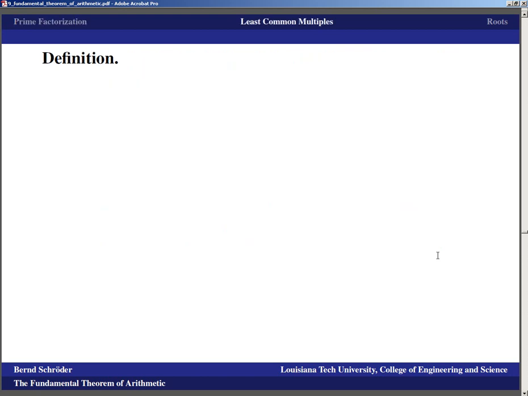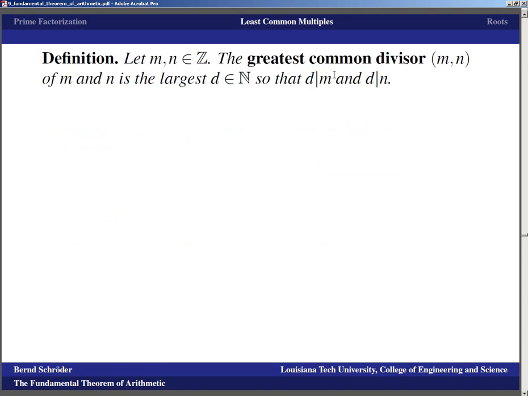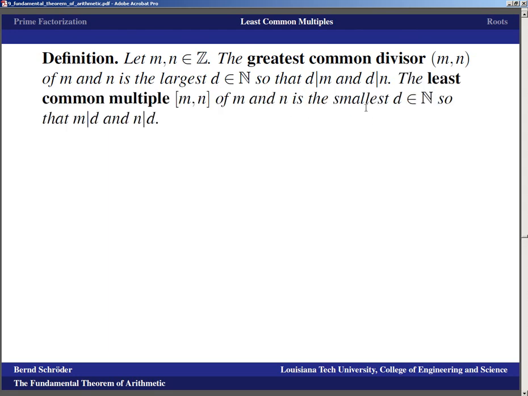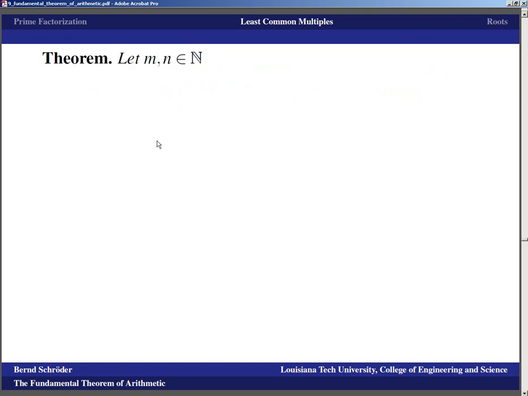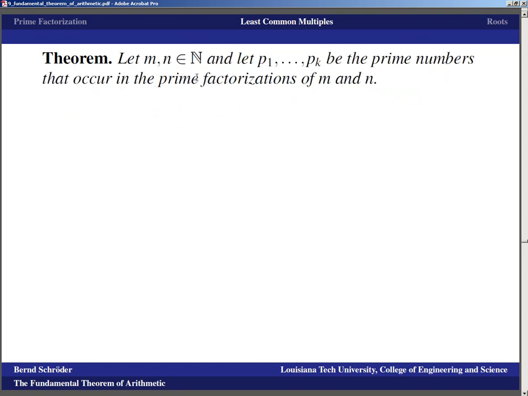Now we can talk about least common multiples and greatest common divisors. We take m and n, and we let those be integers. The greatest common divisor of m and n is the largest divisor d, so that d divides m and d divides n. The lowest common multiple of m and n is the smallest d, so that m divides d and n divides d. And the theorem is that if m and n are natural numbers, and p1 through pk are